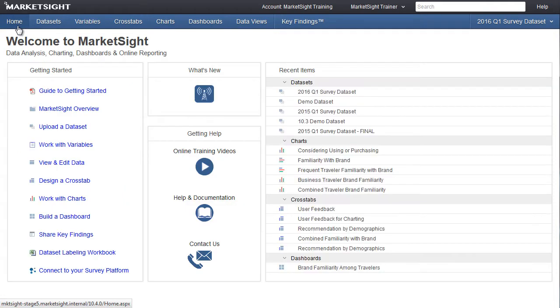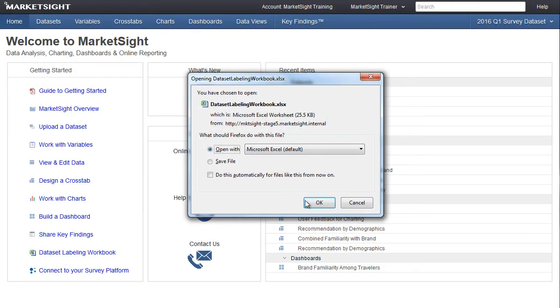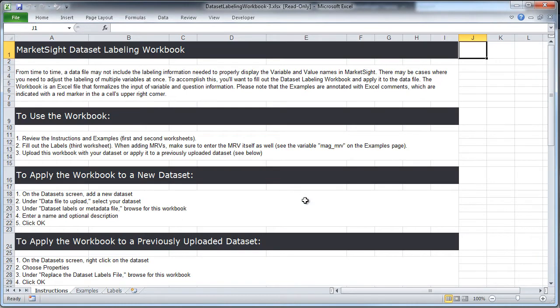Now let's take a look at the many enhancements to the Dataset Labeling Workbook, which is an Excel file that many people use to create labels for their datasets. For starters, this Excel file no longer contains a macro, making it usable by many more people, in particular Mac users. Now, instead of running a macro to create a separate XML file to upload, you just upload the Excel